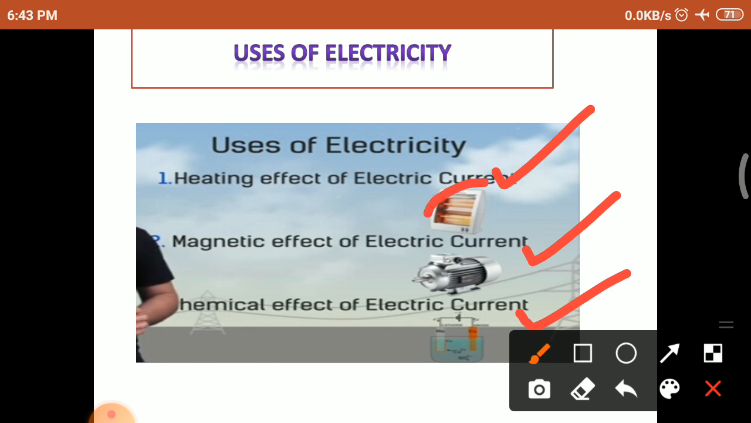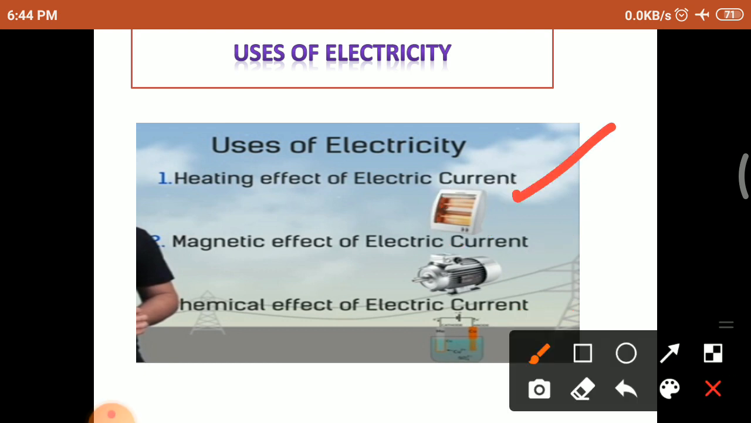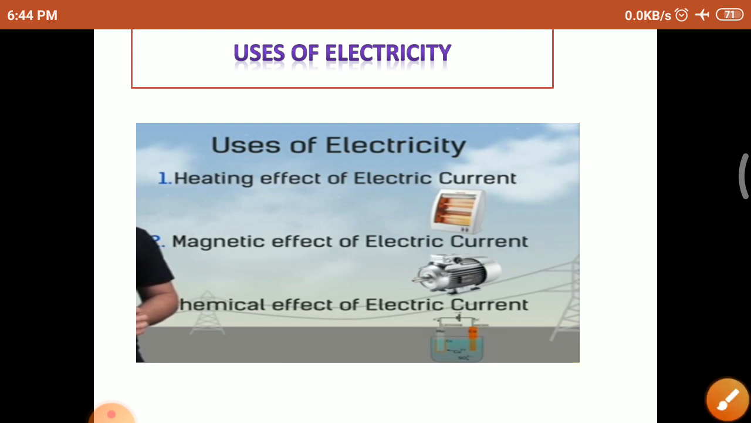If you take a heater, the heater works upon the heating effect of electric current. The electric motor works by the magnetic effect of electric current. Electroplating works by the chemical effect of electric current. In this class, we are going to see the heating effect of electric current. In the next unit, chapter number 13, we are going to learn the magnetic effect of electric current. The chemical effect of electric current we learn in higher classes, plus 1 and plus 2. So first, what is meant by